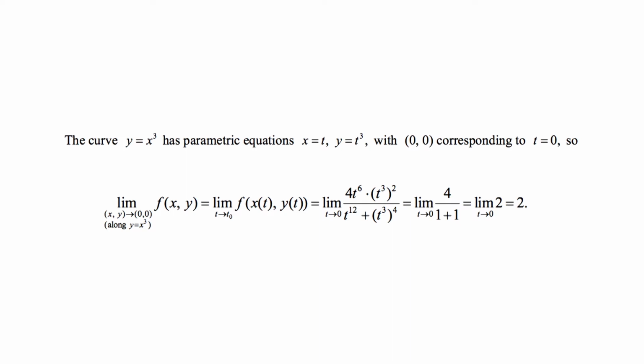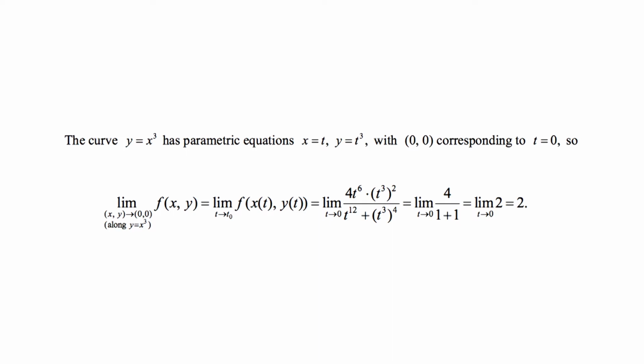which is equal to the limit as t approaches 0 of 4 into t raised to 6 into (t cube) all square, all divided by t raised to 12 plus (t cube) raised to 4, which is equal to the limit as t tends to 0 of 4 by 1 plus 1, which is equal to the limit as t approaches 0 of 2, which is equal